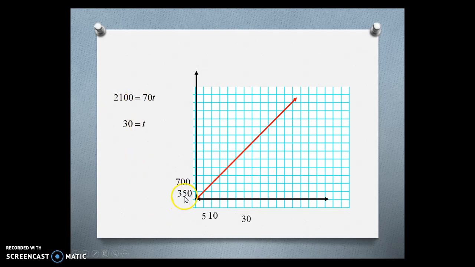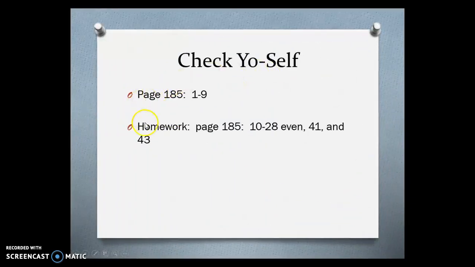Now what I want you guys to do is do the same thing for that 3,500 feet. We know our height is 3,500. We know we're going 70 feet per minute. We want to figure out how long it's going to take us to get to that 3,500 feet. And then the last thing I want you to do is work on these